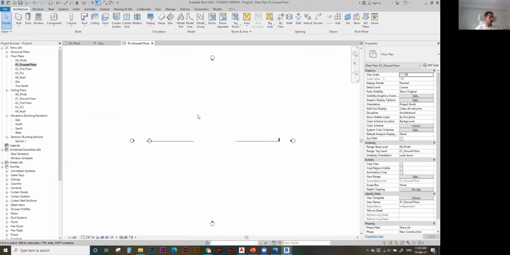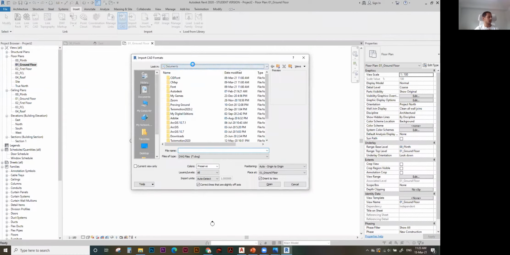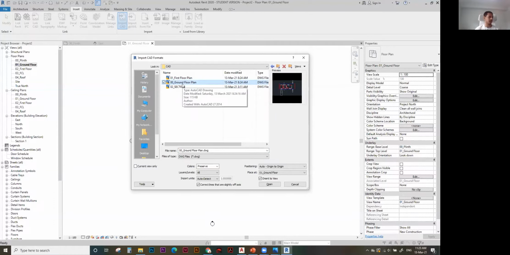And so before that, let me teach you how to import the CAD file, because I've done the CAD file already. I don't have to start building it from the Revit itself. So let's see how to import a CAD file into Revit. Go to insert command, and inside insert command, there's a thing called import CAD. So I'm going to go ahead, hit on import CAD, and I'm going to browse the file, which is inside